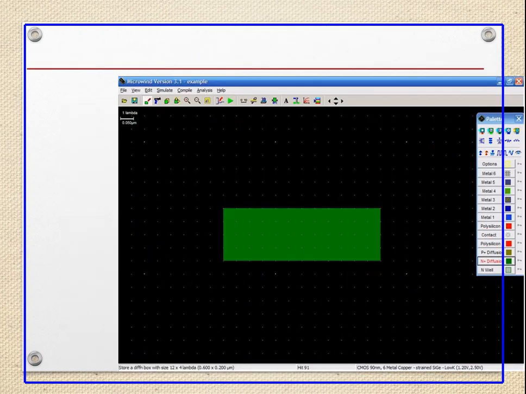Then the next job is to start the preparation of layout. As I told earlier, the screen indicates a substrate, which is a p-type substrate, and over it we have to start preparing the MOSFETs, that is the P MOSFET and N MOSFET. One by one we'll prepare the MOSFET layouts. On the right hand side in the palette you can see different colors are provided for the different types of regions.